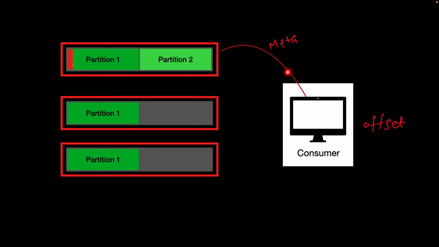So the flow of information will be something like this. The consumer will make the API call for fetching the metadata. After the metadata, it will get the information of the partition and the respective broker ID, and it will keep on fetching the information from the particular broker by passing the offset. Once the messages are consumed by the consumer, it is going to update the offset, and this will continue till there are no messages on the particular partition.